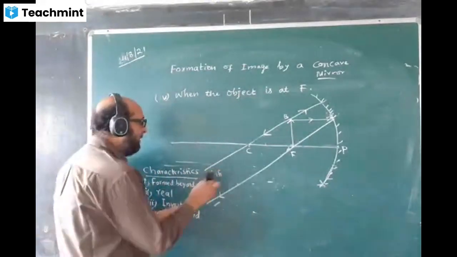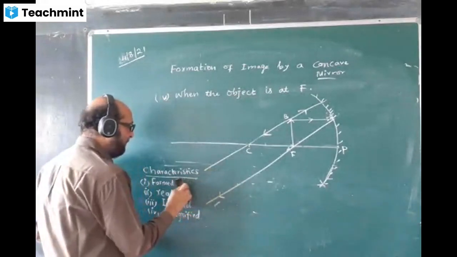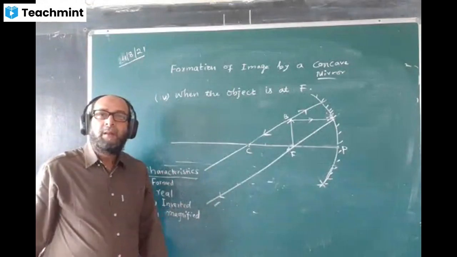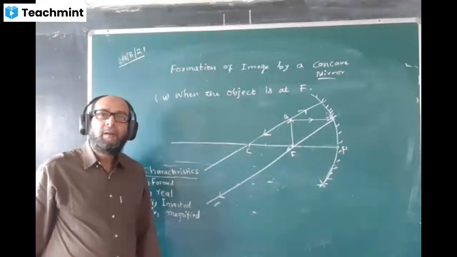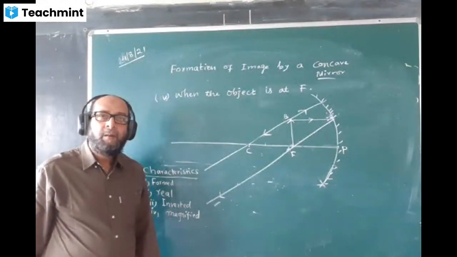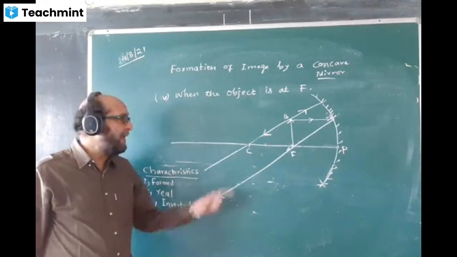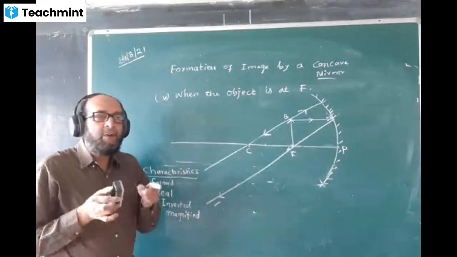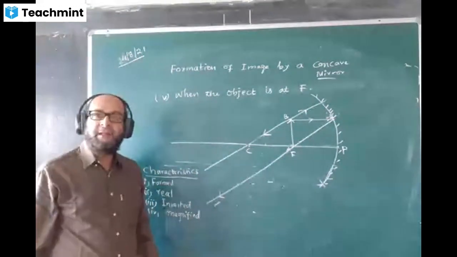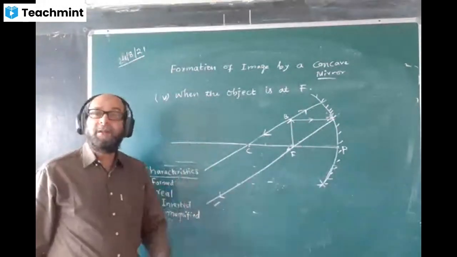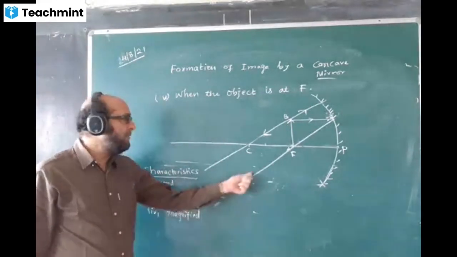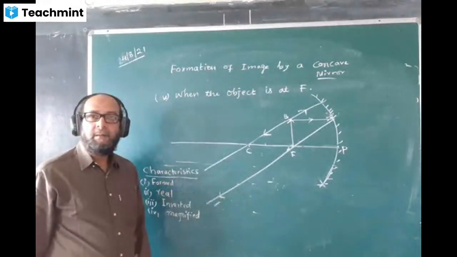Or you may not write anything. Sir, means they will both not meet. They will not meet here. The lines are parallel, so they will never meet. Parallel rays always meet at infinity. We don't know the point where they are going to meet. That's why we call it they are meeting at infinity. The two rays will be exactly parallel.